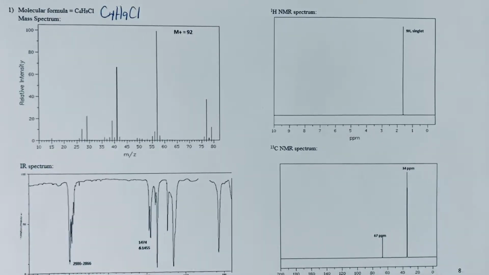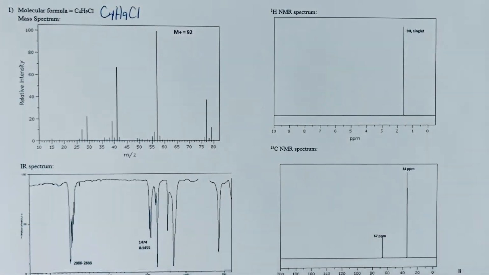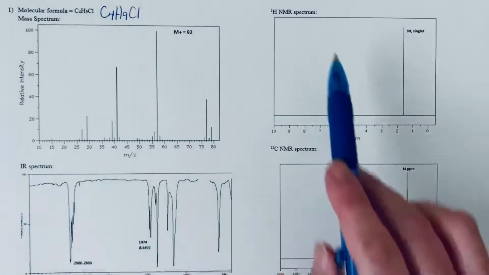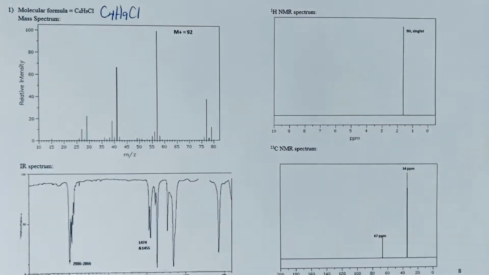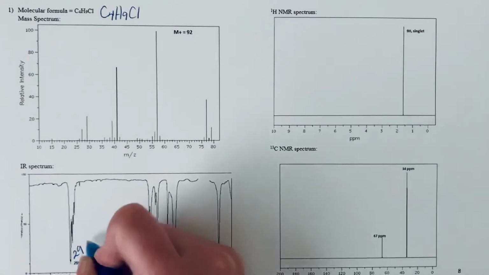That being said, most of my students are much more comfortable solving structures, or get more information, and me too, from the infrared spectrum and from the NMR spectra. So I like to look to the IR spectrum to get some obvious ideas about the functional group. The signals that stand out to me here, and again, it might be hard to read because it's kind of small,